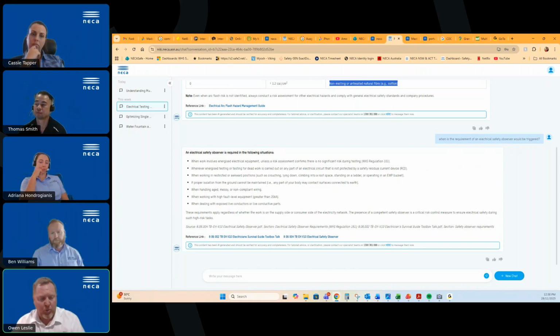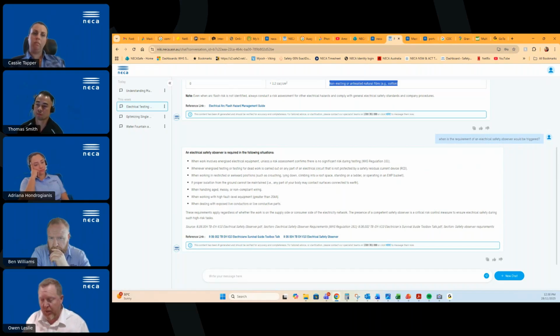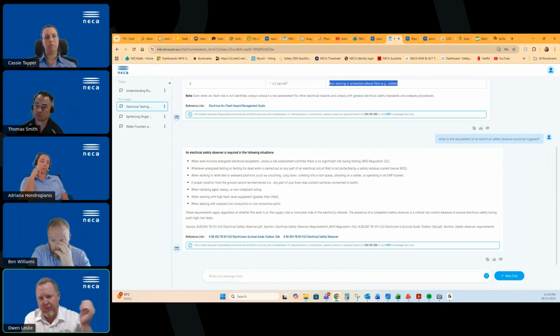So what it's reading from is a lot of the NECA safe documentation that we develop, and it provides answers from that. We update that regularly, at least on an annual basis, to make sure it's compliant with all state-based regulations as well. The AI bot is designed to rely on our internal documentation first, and then it goes to OpenAI, but the reliance goes back to our documents in the first case. And we try to restrict it on the OpenAI platform as much as possible.